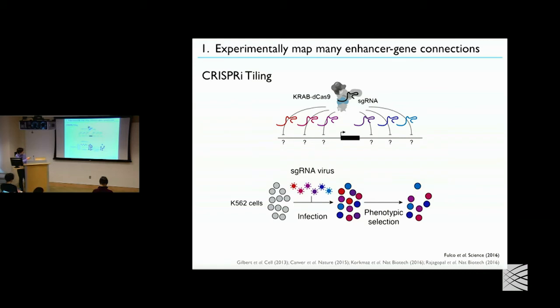And the way that we do that is we take a population of cells, we infect these cells such that each one expresses a single guide RNA, and then we perform a phenotypic selection, for instance, sorting cells based on the expression of this gene. And then we sequence the distribution of guide RNAs before and after that selection. So, for example, in this case, I think the dark purple guides have dropped out of this population, which means that, for instance, they might be affecting a regulatory element that regulates the expression of this gene. So essentially what this gives us is a way to map thousands at once.